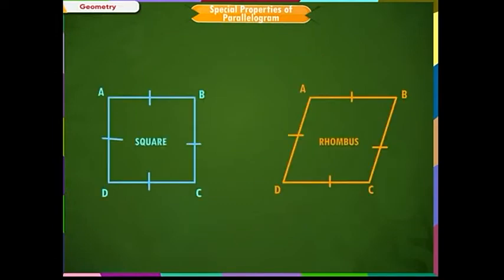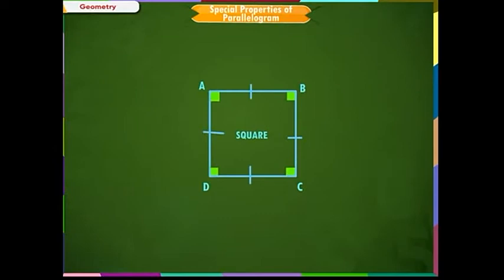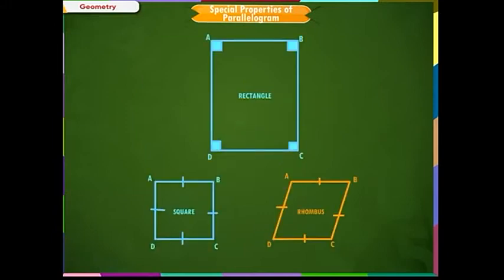A parallelogram may be equilateral, that is, four identical side lengths, and the shape is called as square or a rhombus. A parallelogram may be both equiangular and equilateral. An example of a special parallelogram that is both equiangular and equilateral is the square. So we see that all these shapes are parallelogram, which are called as special parallelograms.